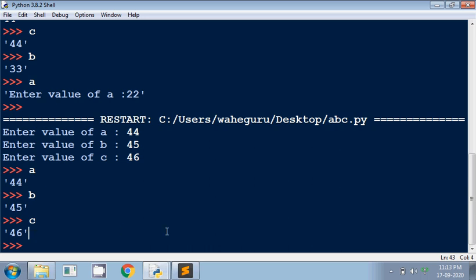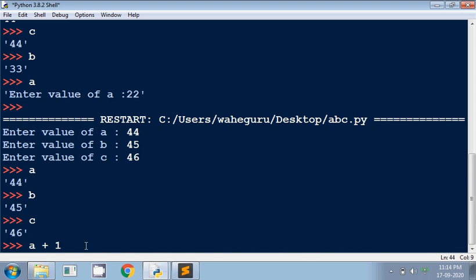Okay, so if I try to print the value of a plus 1, as per me it should be 45, but since it is actually a string value, an operation between a string and an integer with a plus would actually give me an error.